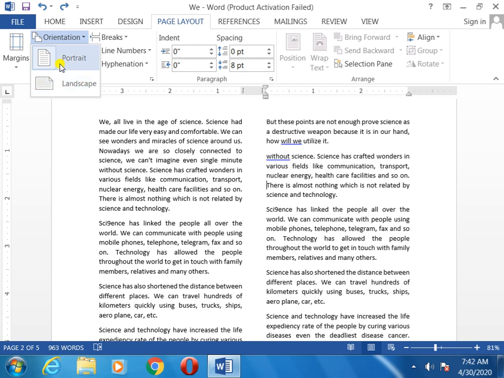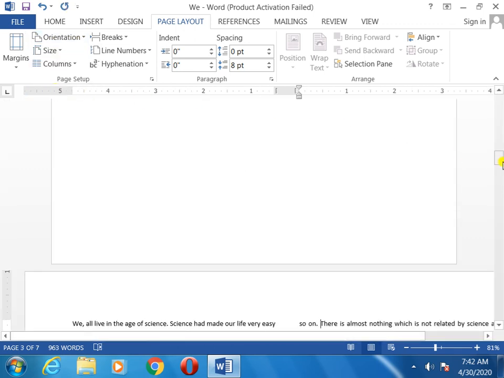Now which one do you want to print? Normally by default it always comes in portrait mode. But if you want to print landscape, meaning the paper will print horizontally, you have to select landscape. Okay, now I am clicking that portrait method.